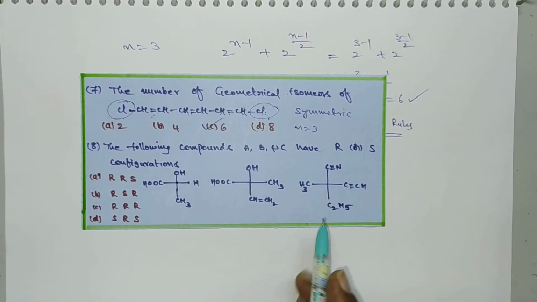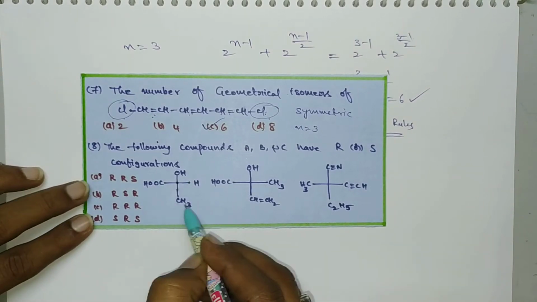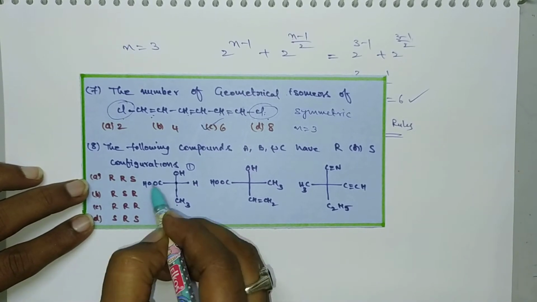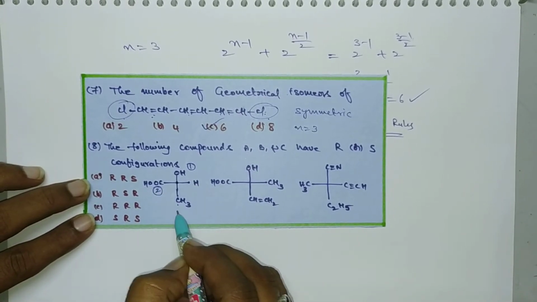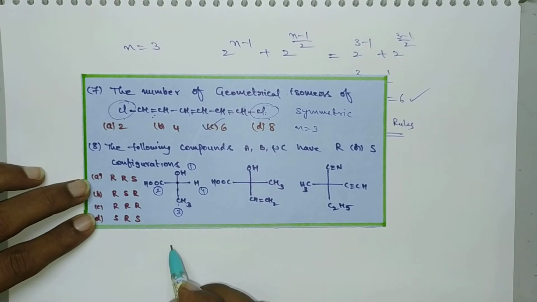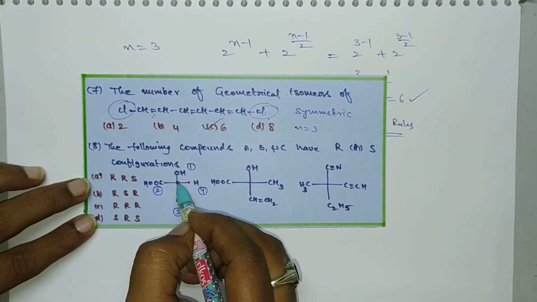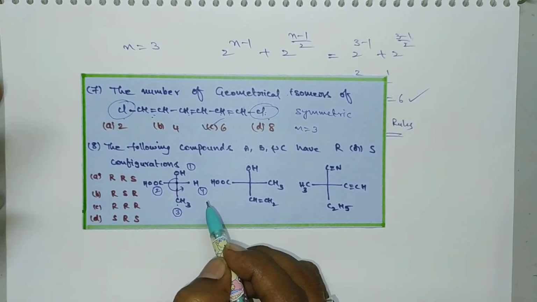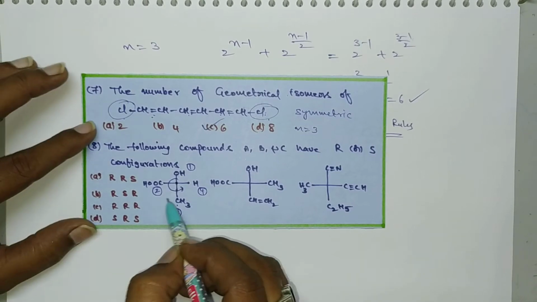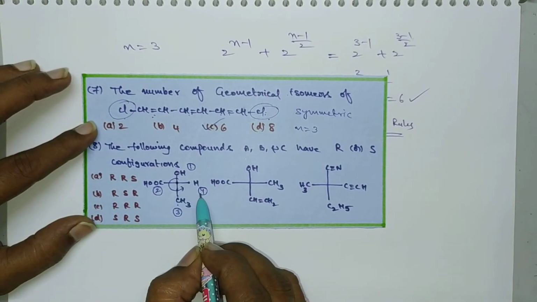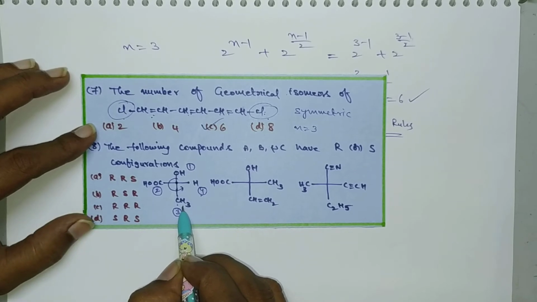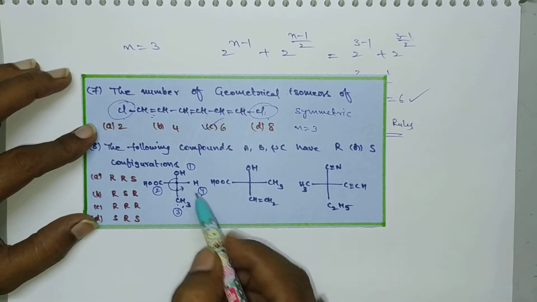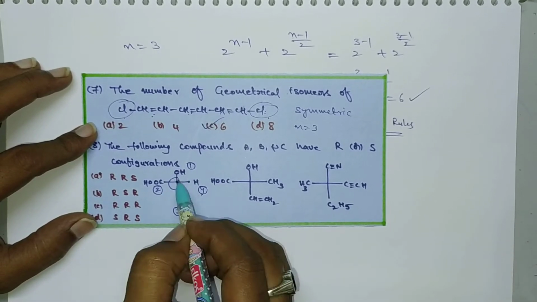So here we have to give the order of preference for the 4 groups. Here carbon, oxygen, hydrogen and carbon. First preference goes to OH, second preference goes to COOH, and the lowest preference goes to hydrogen. So here it is in this direction, 1, 2, 3. In case of Fischer projection formula, we have already discussed this. In Fischer projection formula, the lowest preferred element should always be present at the vertical position, that is here. So that's why here it is in the anti-clockwise direction.